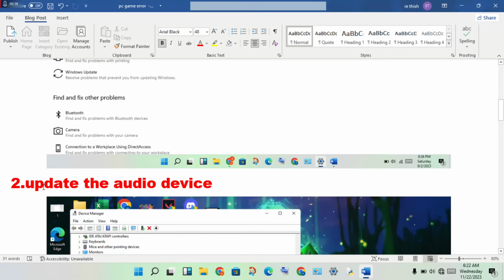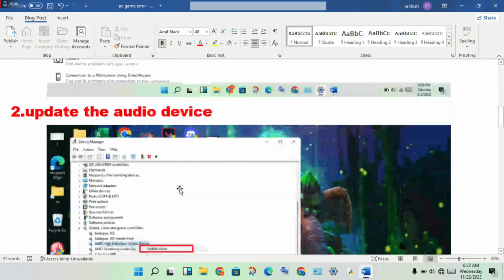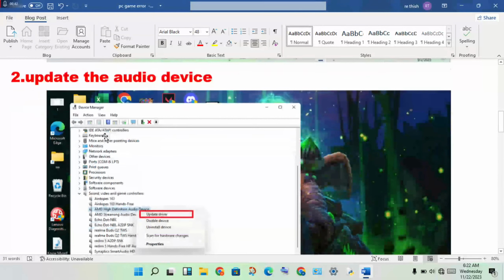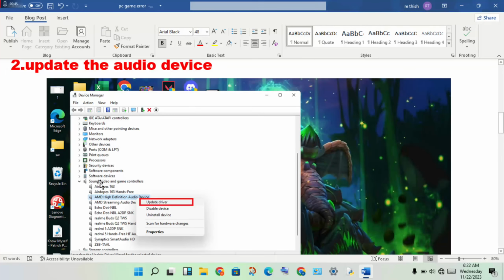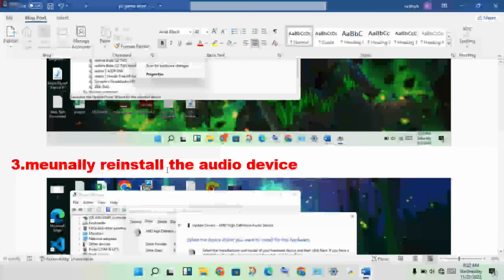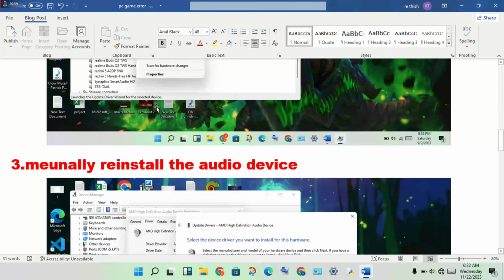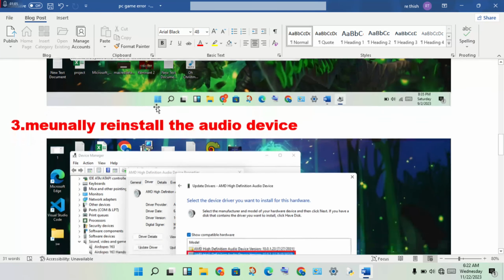Then the next step is to update the audio device. Open the device manager. Click on sound, video and game controllers. Double click to open and see the AMD High Definition Audio driver. Then right click and update driver. Then manually reinstall the audio driver. These two steps are not responding,